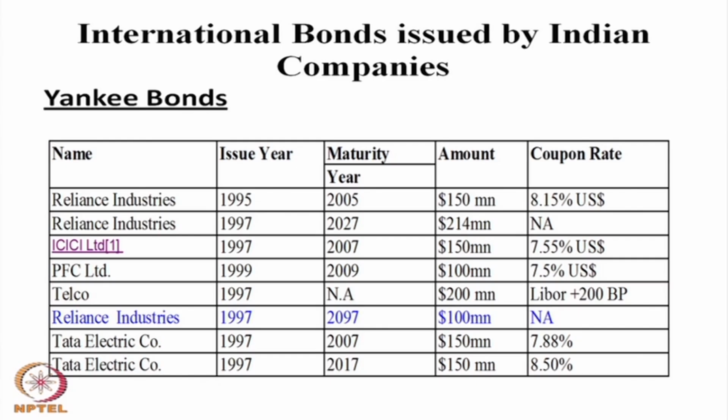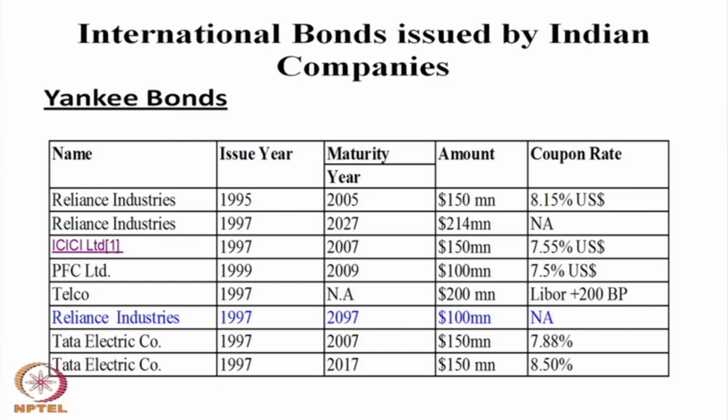Reliance Industries issued a 10-year bond in 1995, raising $150 million US dollars with a coupon rate of 8.15. Similarly, Reliance also issued another bond in 1997, raising 214 million from the market. ICICI Bank Limited issued another bond in 1997, raising 150 million with a coupon of 7.55%. Telco also issued a bond in 1997, raising 200 million in dollar terms, and the coupon is floating, linked to LIBOR